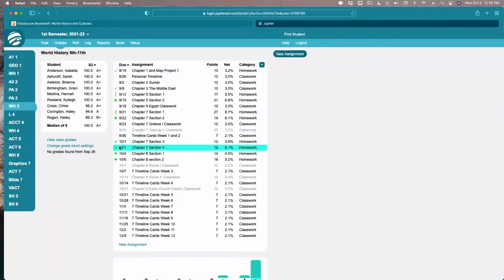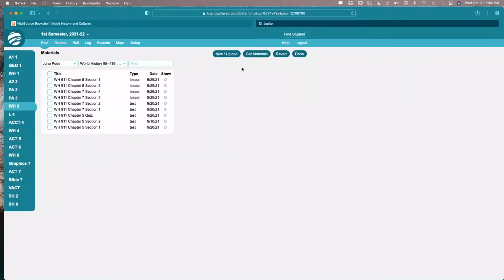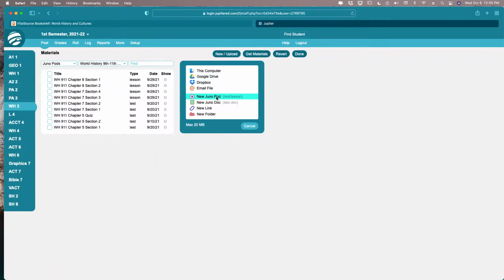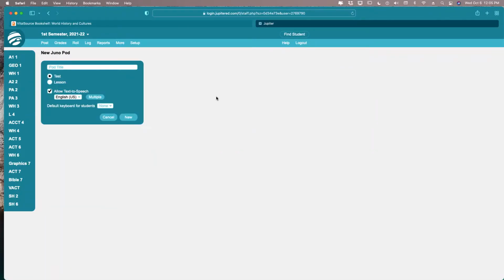First, I'm going to look and see what I need to do next week, which is going to be Rome, the second section of Rome. So sections 3 and 4. I'll make a pod for those. So I'm going to go post, pod, and I'm going to new upload pod, new, and I'm going to call this